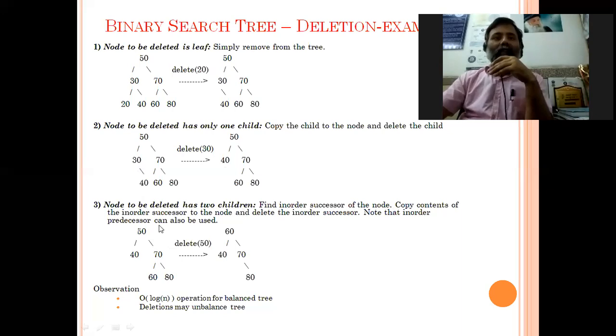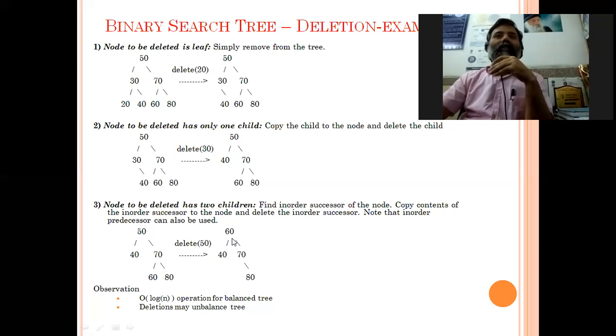What will the in order successor be? Firstly, in the in order traversal we can find 40, then 50, then 60, then 70, and then 80. So immediately after 50 we have the in order successor 60. So we can delete 50 and we will replace this 50 by its in order successor, that is 60. So you can see 60 will be here.